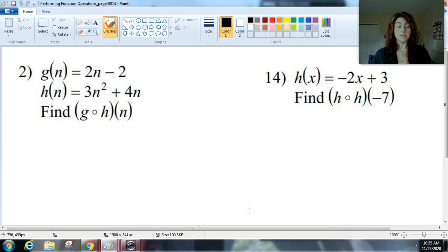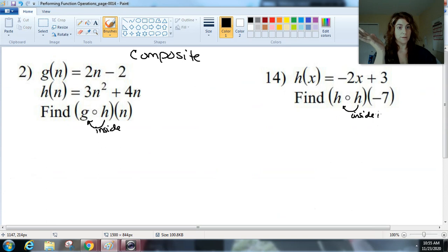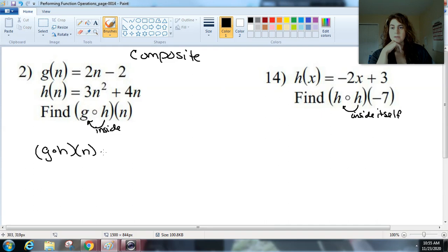The final thing is compositions. So when you see this open circle, that's your composite. All it means is you're going to put one function inside the other. So h is going to go inside g. In this case, h is going to go inside itself because it's h of h. So when I go and write this, the composite of g of h of x,